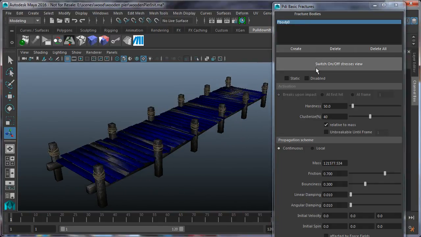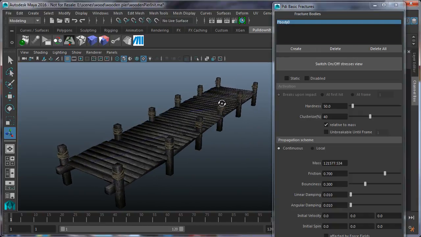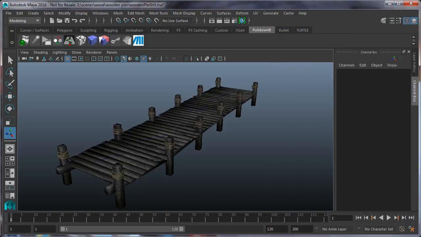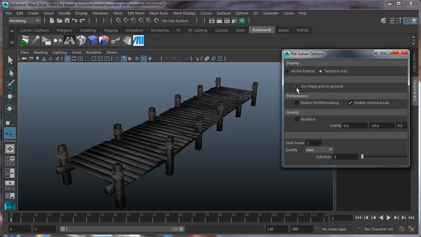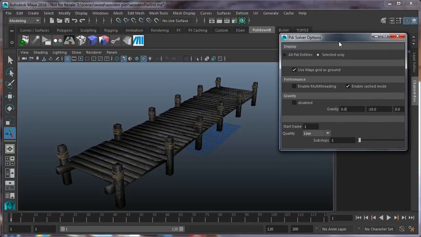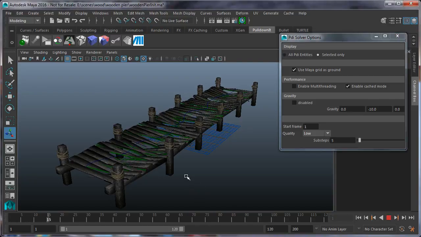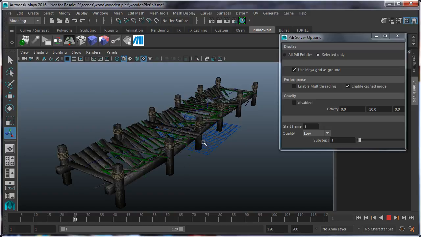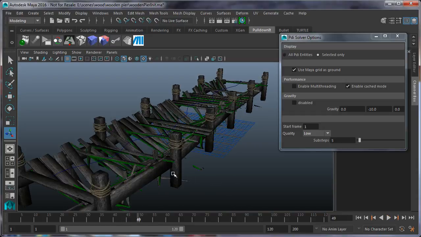Okay, switch on Structure View to check it. It's correct. So let's compute dynamics to see how this simulates. Let's play the simulation. Also check use Maya grid as ground, so objects collide with the ground, and let's play the simulation. When playing, we can see our deck collapsing and the splinters falling to the ground. Okay, that's nice